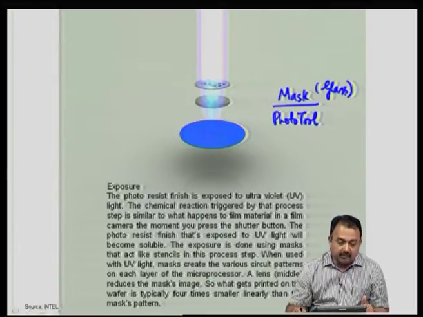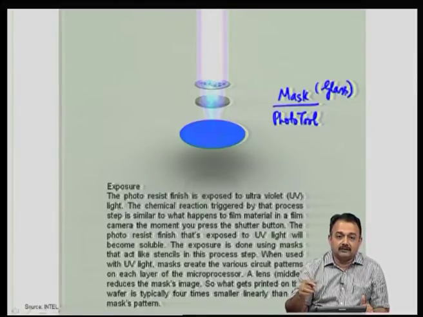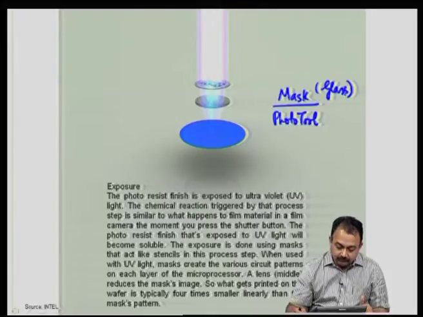Obviously, there will be some chemical reaction that will be triggered by this exposure to UV light, and what happens is basically this thin film of material changes its chemical and physical properties. That is the purpose of exposing this, and how you tackle this post exposure is known as the developing process, which will define the latent image that is created initially on this photoresist.